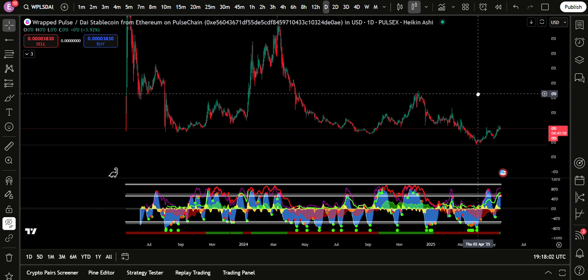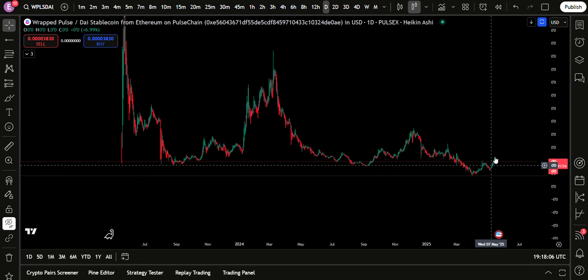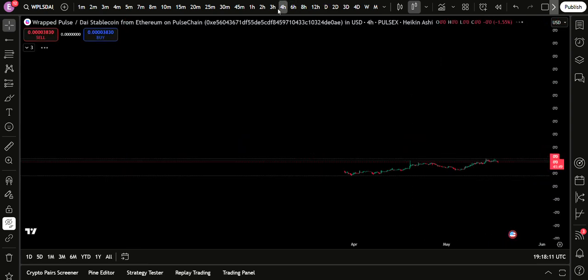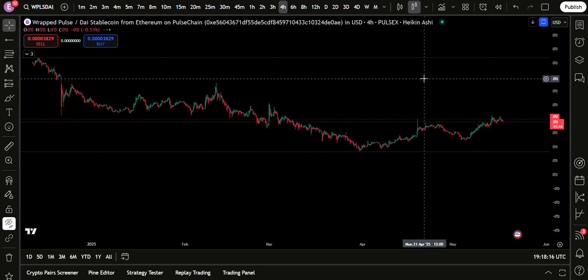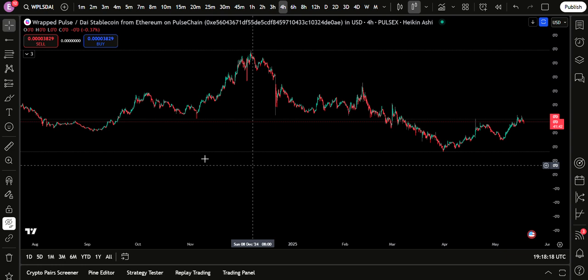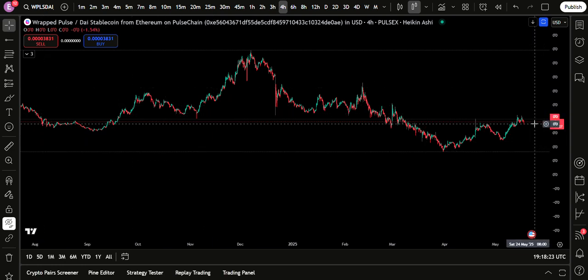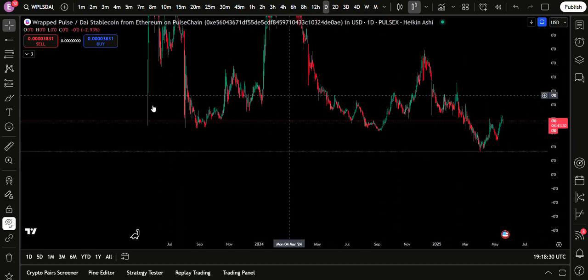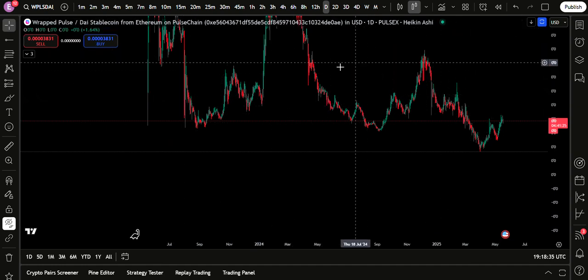But let's focus on PulseChain because I want to show you some cool things that you can do when looking at a chart. Now, I've showed you each one of these bars represents one day. So if I go up here and change it to 4 hours, each one of these bars represents 4 hours, right? So there is like August to May in this screen. Go up to the daily, here is like, what, 2 and a bit years. Alright, so that's your time frames, just to let you know what you'll visually see.